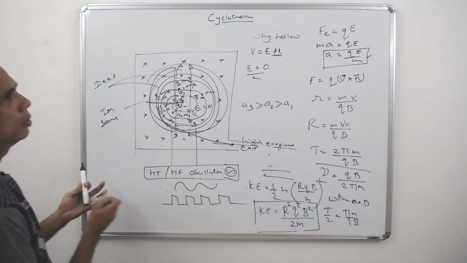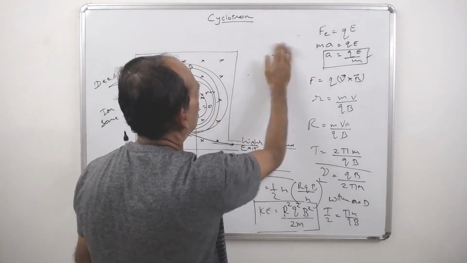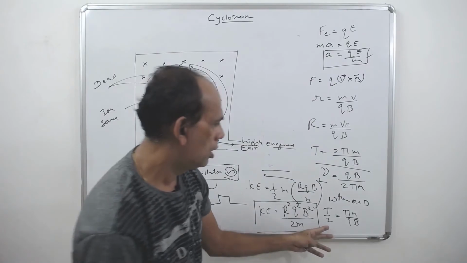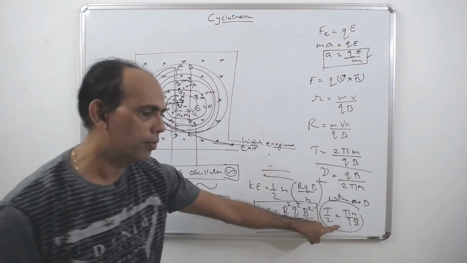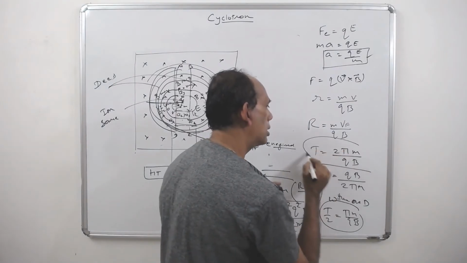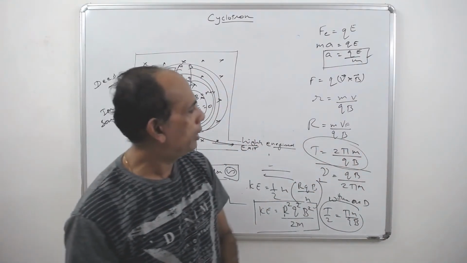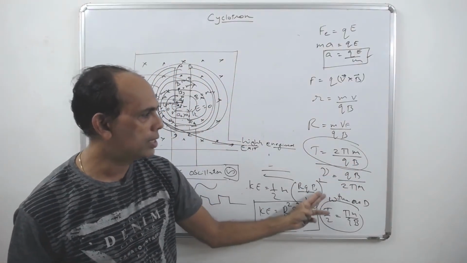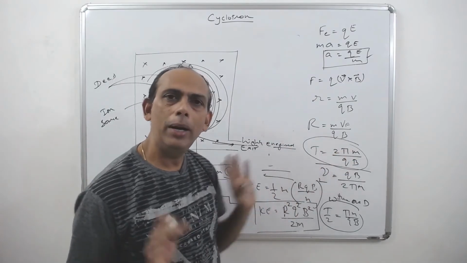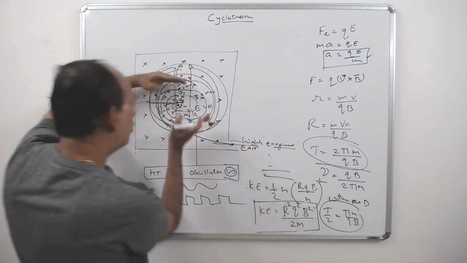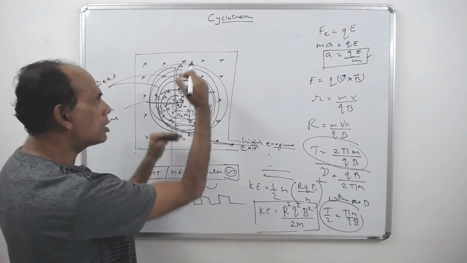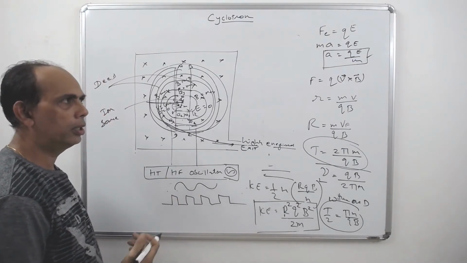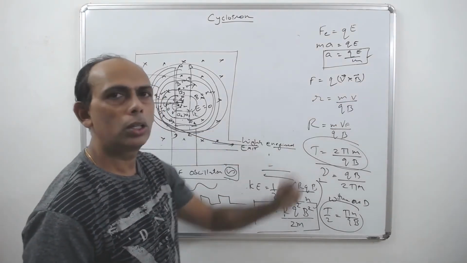Okay, so we have got all the details of this. We have got the time period: inside one of the D's it is this one, and the whole time period is this. Now tell me, is the time period depending on the radius? No, it doesn't. Does frequency depend on the radius? So it is independent of the radius, whatever may be the radius. So we can give a smaller radius, no problem. The time period we are getting is the same, the frequency we are getting is the same. It doesn't depend on that. It only depends on the velocity, right?